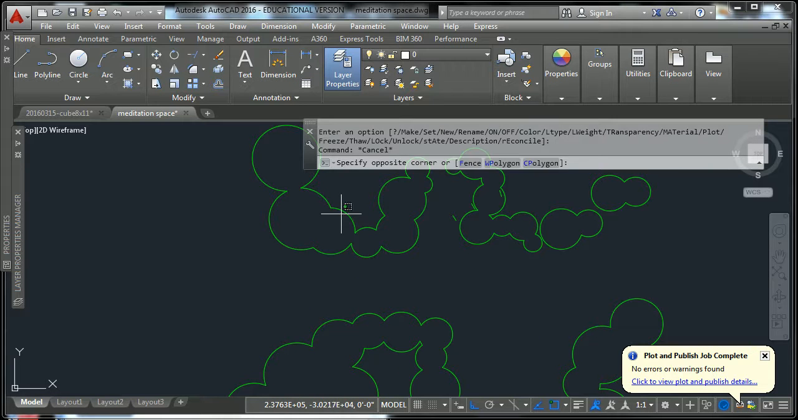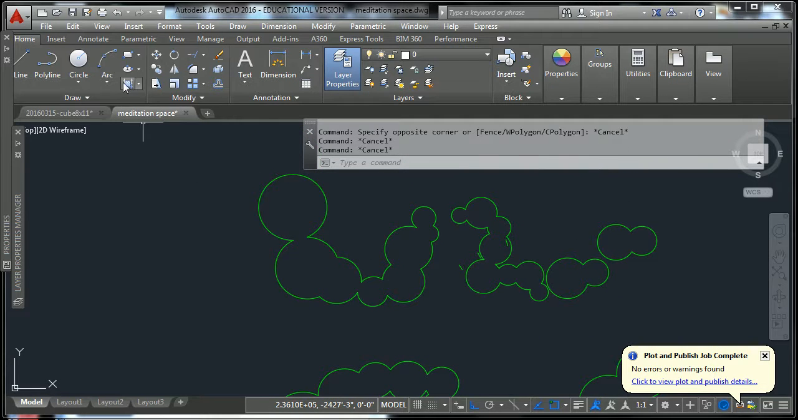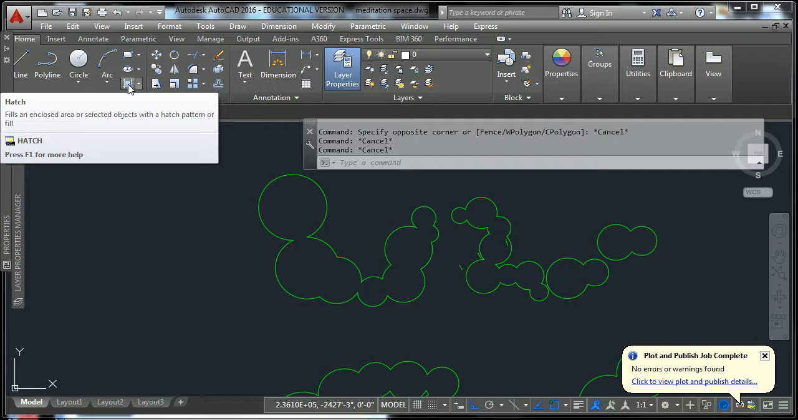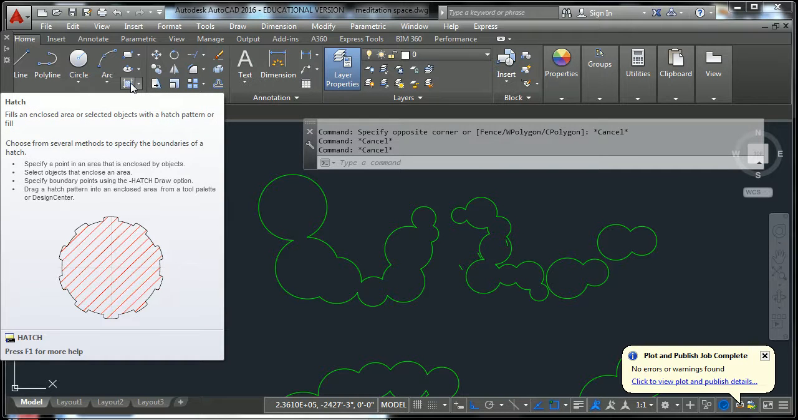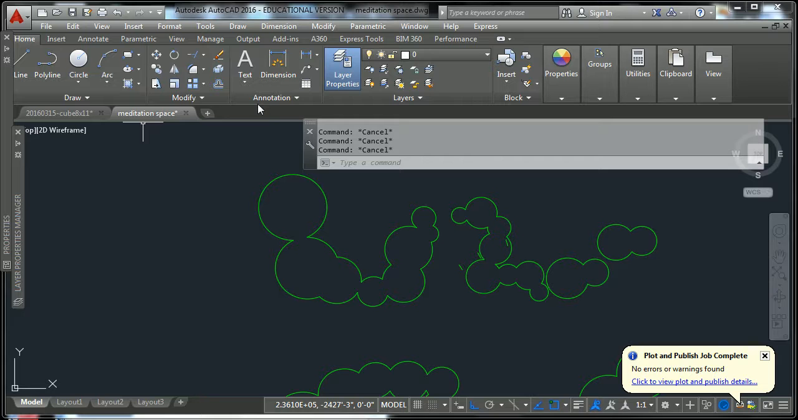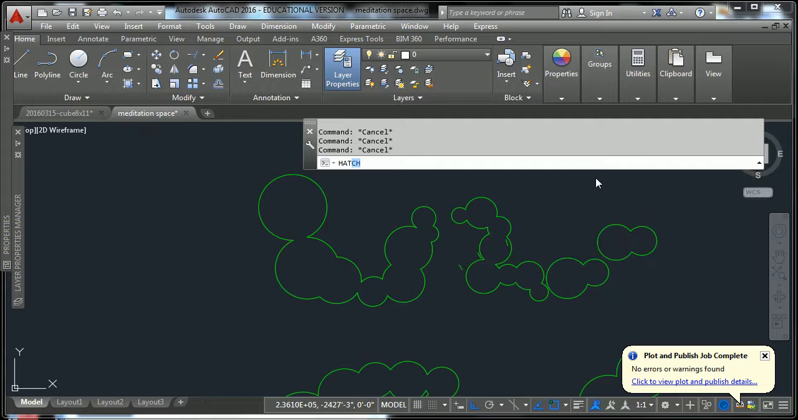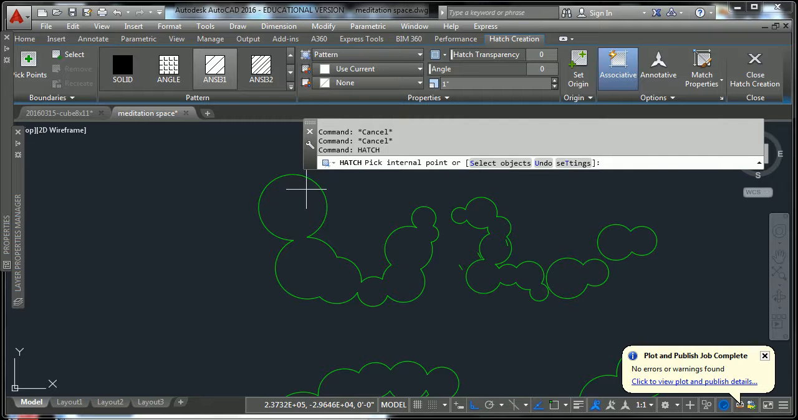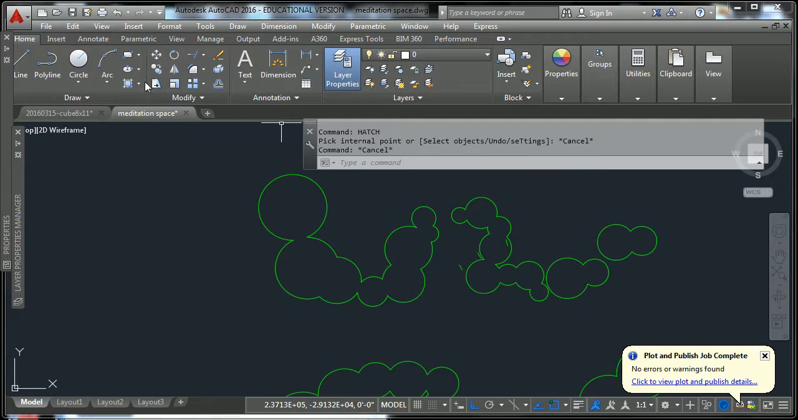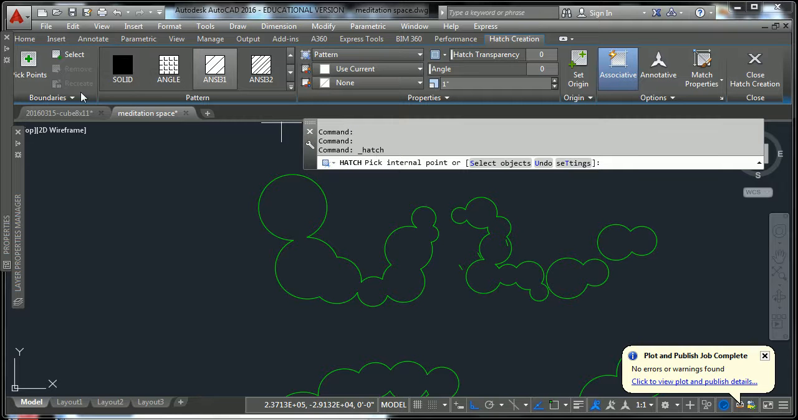We're going to go ahead and hatch this thing by going to hatch. This right here in the ribbons is the hatch command. Also, you could type in hatch, and it'll get you to the same place. The idea is getting to the hatch, and then the ribbon will change to